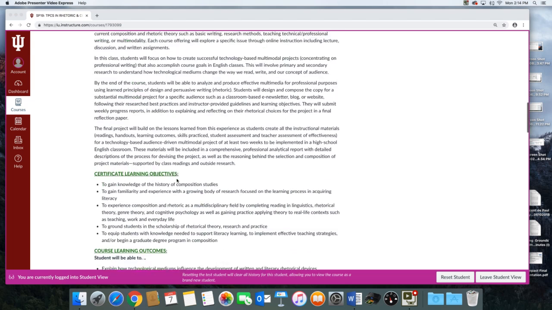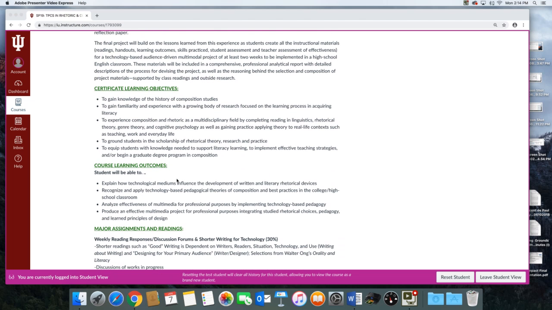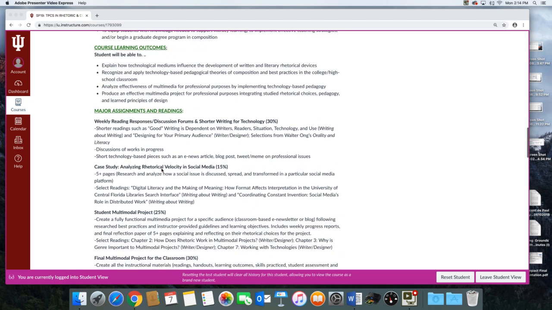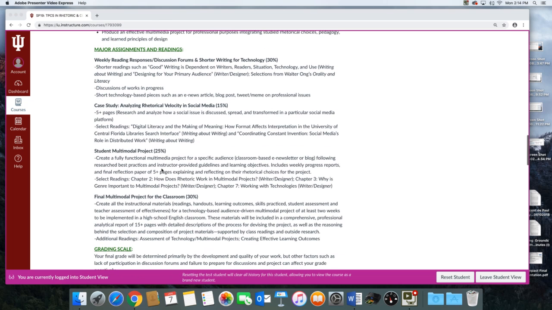A little bit more about the course description, the learning objectives, which we've basically gone over. The certificate learning objectives will be different than our specific course ones, but they're fitting into the same things. Our major assignments and readings are listed here as well. Note that these weekly discussions and responses might seem to take up a lot of time, but realize that this is a significant portion of your grade. So 30% of your grade is made up of that kind of preparation, the reading responses, all of those kinds of things. And then we'll have 2 major big projects, as you can see here, and a smaller one